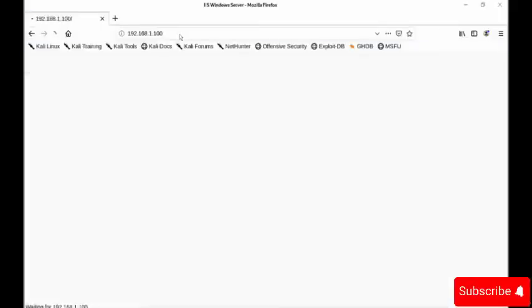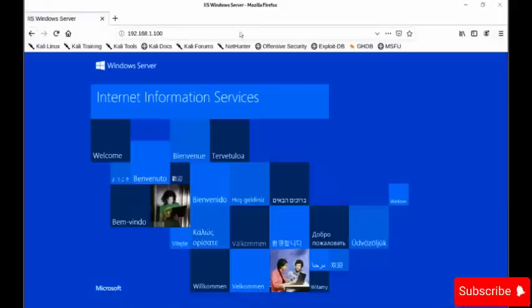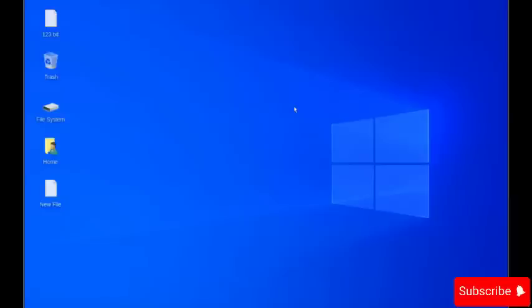Hit enter. Now you can see the default web page for Internet Information Services, that is IIS, and it has not been configured. So close the browser. Now let me open the terminal and let's perform nmap one more time.